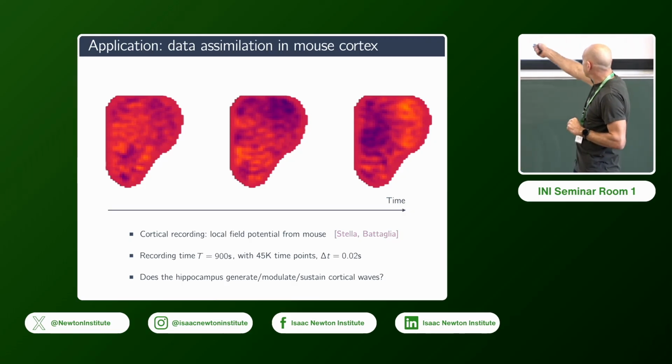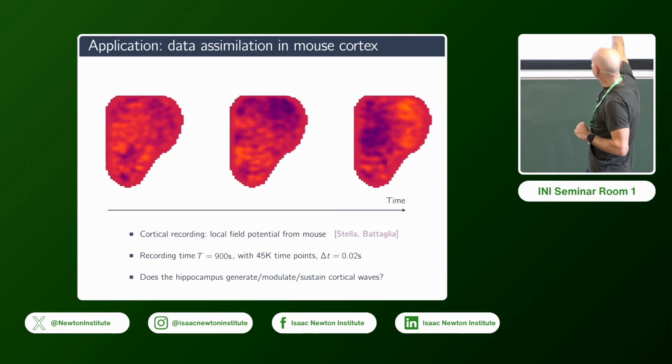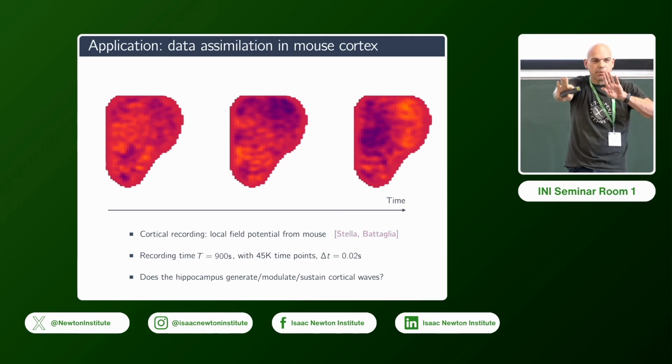And as time progresses, I don't know if this is very visible over there, but you perhaps should concentrate on these two time slices. You should see a standing wave emerging. So you see black and yellow becomes black and yellow there. So you just have a motion of this type.